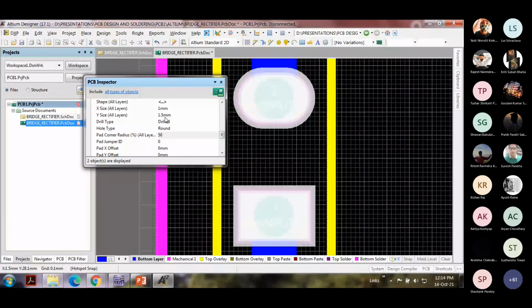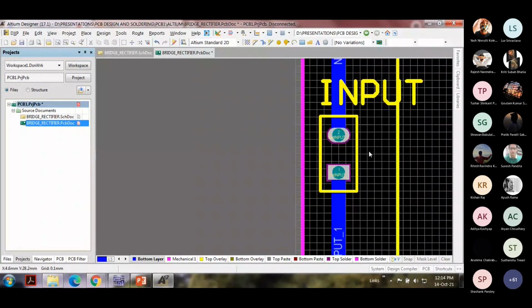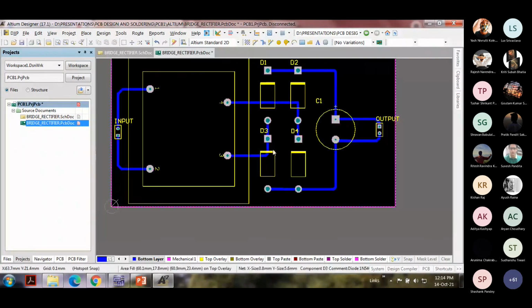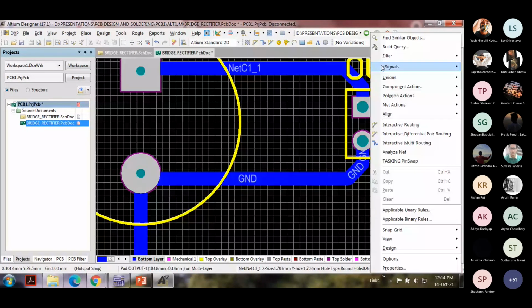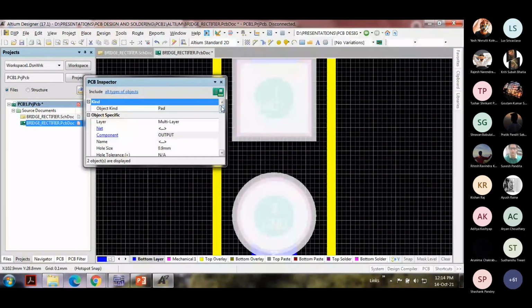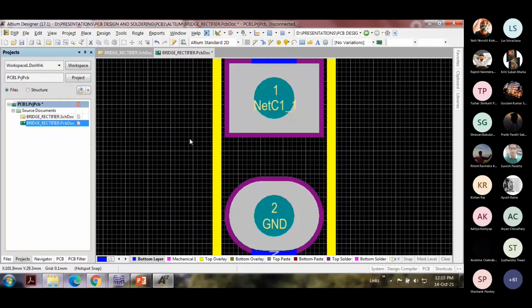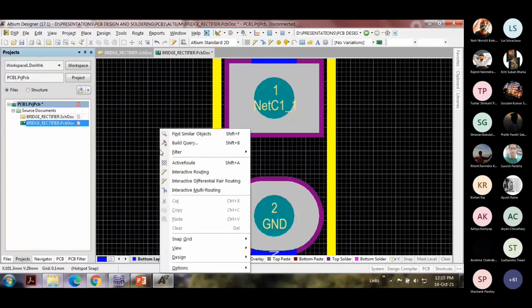Okay. Similarly, for the output also I'm going to change the same way. I think the other header was having a little bit different dimensions.